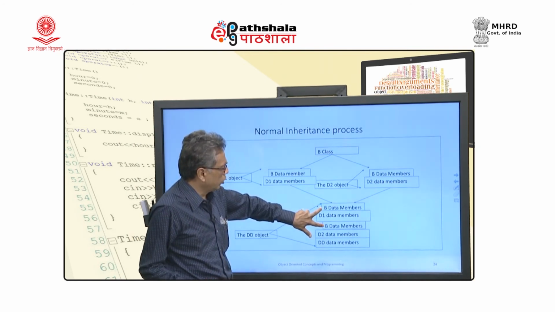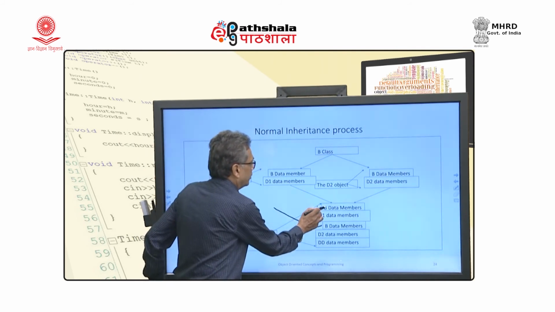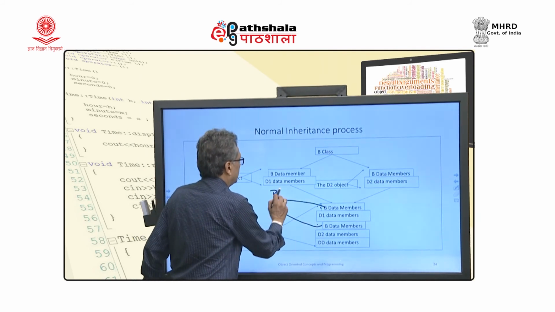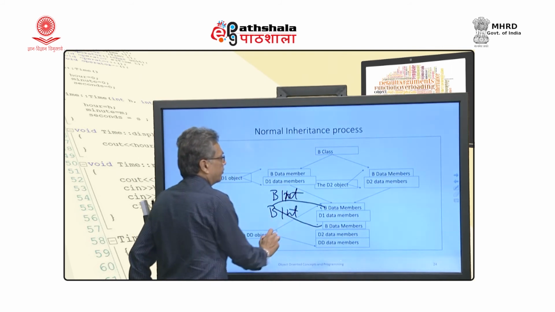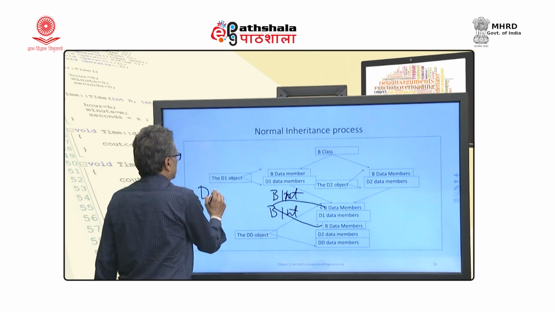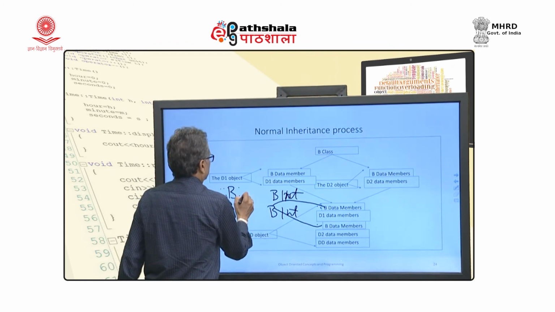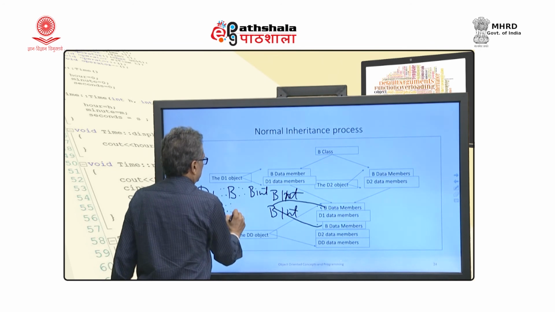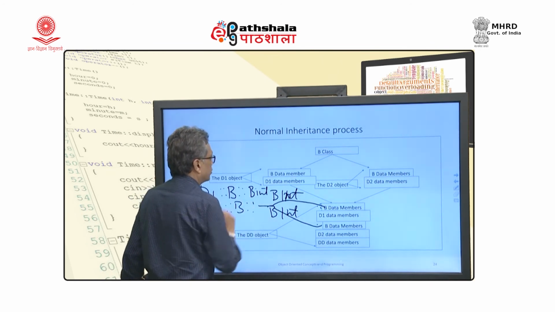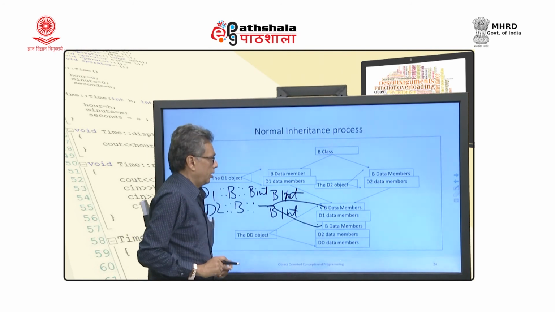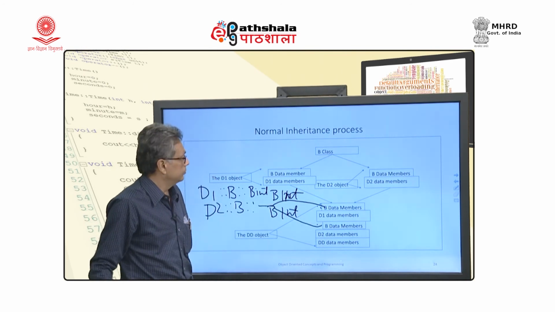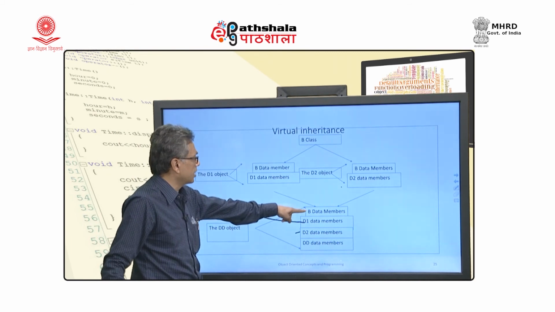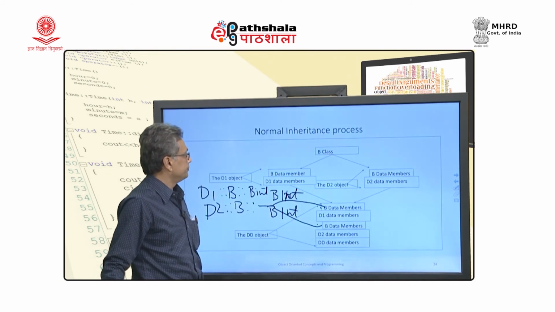Now, here there is one more d int, in fact, there are two b ints, there are two members, b int 1 and b int, and I can differentiate by d1 b int, d2 b int. Okay. So, I can specify both of them. When it becomes single, in the case of virtual inheritance, I only have one. So, that is the problem.